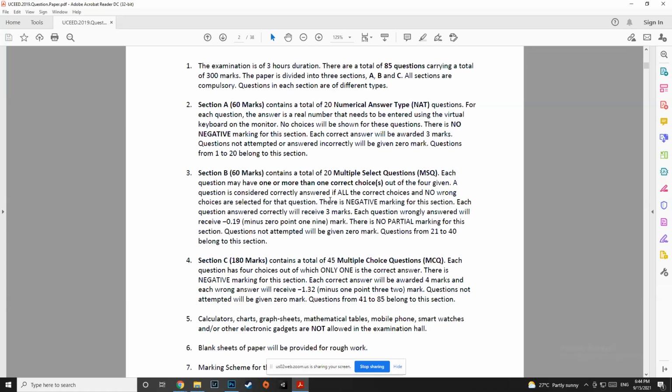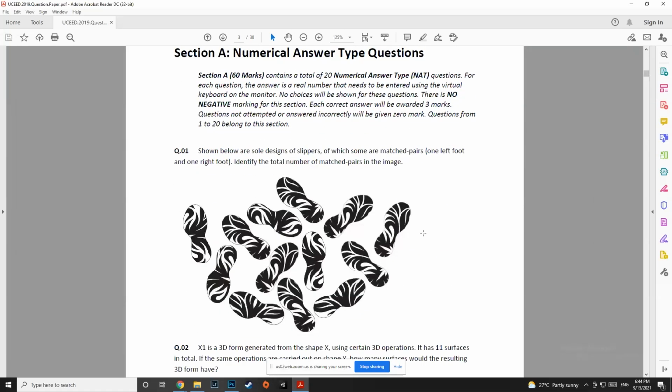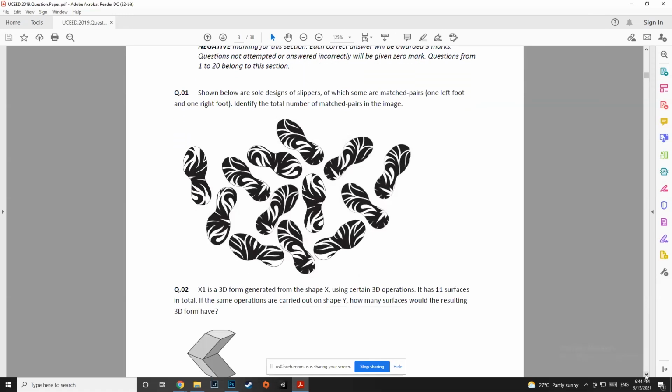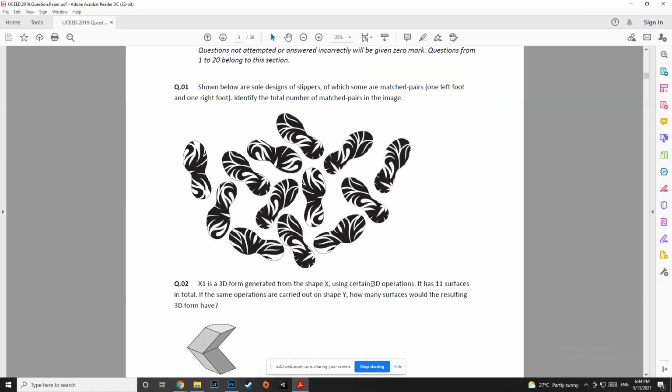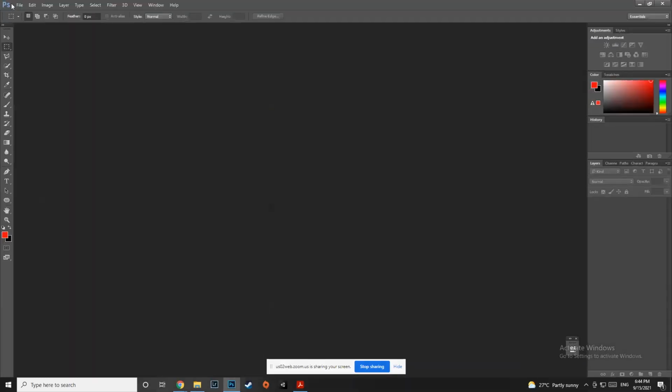Multiple select question. Now quickly let me show you all the different kinds of questions that come. If you're not comfortable with my speed or my language, please let me know. It is fine if you ask for doubts in between, no problem at all. So now look at this. I'm just going to quickly take it to Photoshop because I won't be able to edit here.